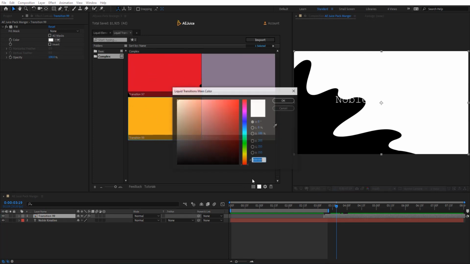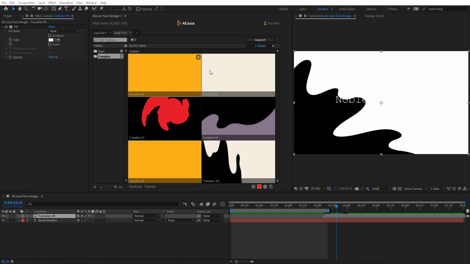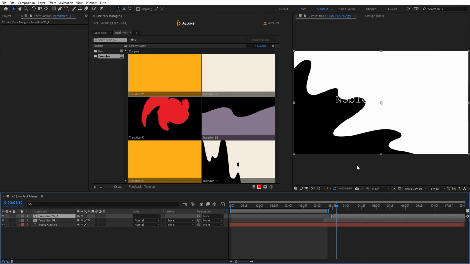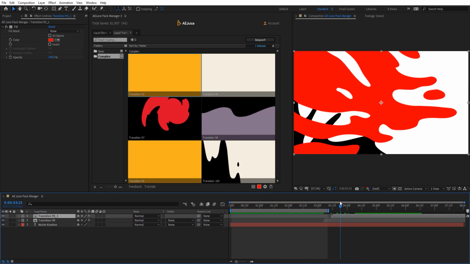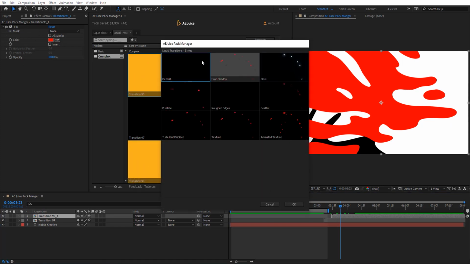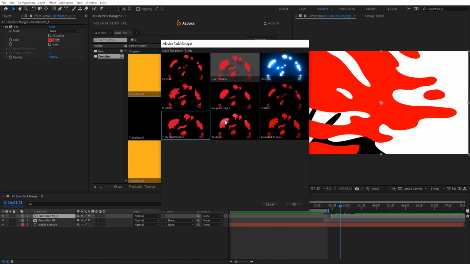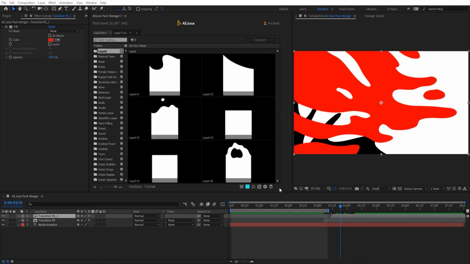So here the color. If I change that to red, and I just drop these, for example, it's going to pick up red for me automatically, as you see here. So now we got it right there. And of course you can change the fill here. And here we have these gear icons. So here we got the style of these transitions. Basically all the packs got some settings here.